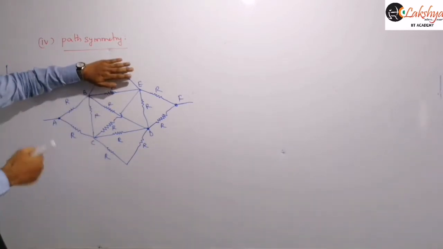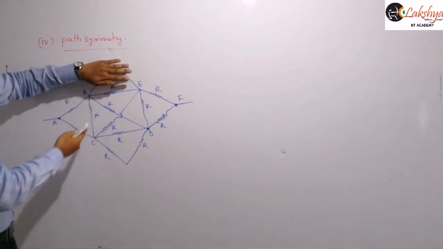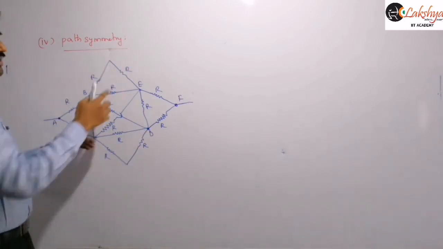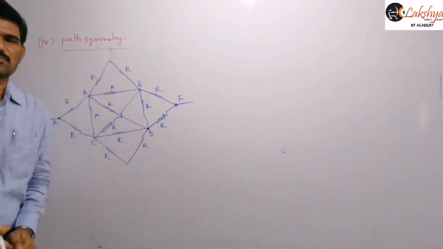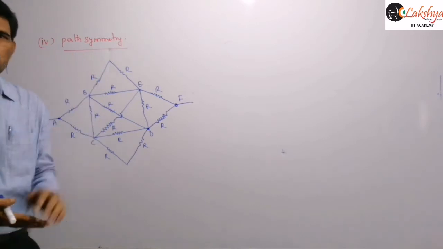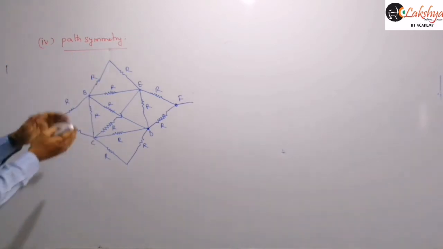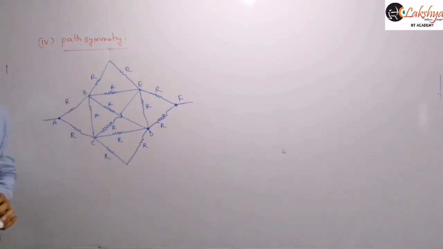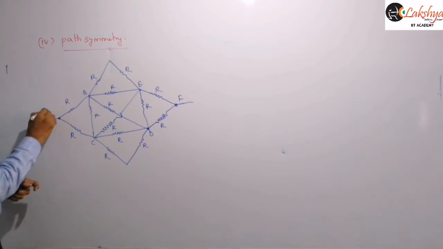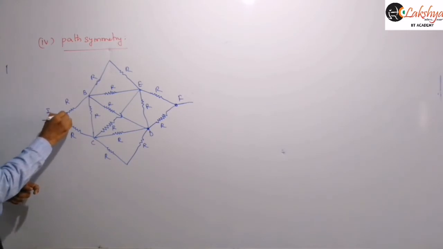If this upper part is not there, then the lower configuration and upper configuration of the resistors will be different, and in that case you can't say both the paths are identical. But now, as it is present, both the paths are identical. So if the paths are identical, then what we are concluding is that current will divide equally, or the same amount of current is flowing through them.